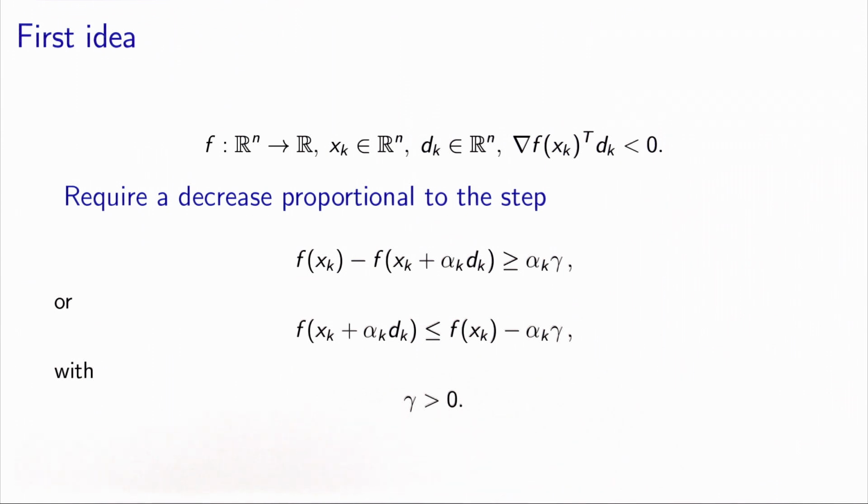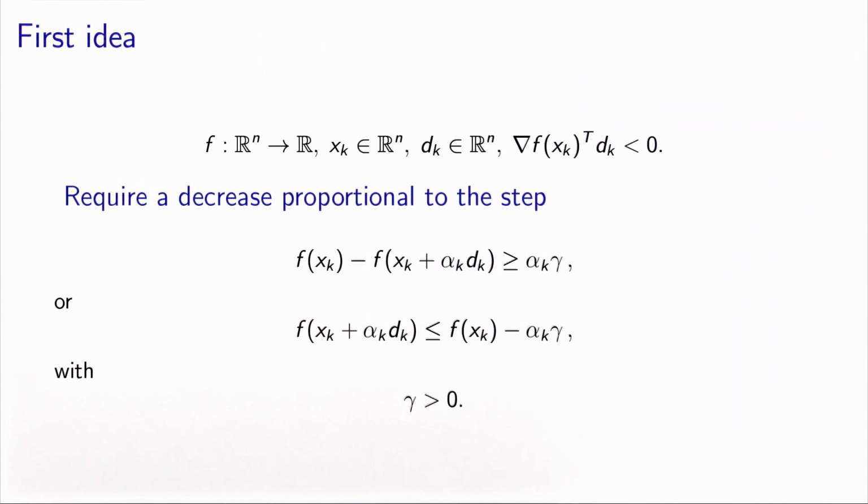So the idea that we will follow here is the following. It makes sense to make long steps because we would like a fast algorithm. But then we will challenge the algorithm. We will say, okay, you are allowed to make long steps, but only if it's really worth it. In the example you have seen in the last video, we made relatively long steps and the decrease in the objective function was really tiny. That's what we would like to avoid.